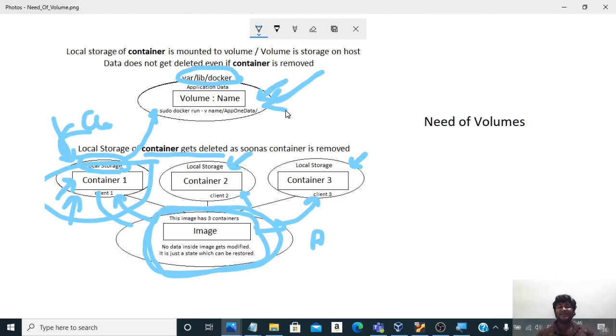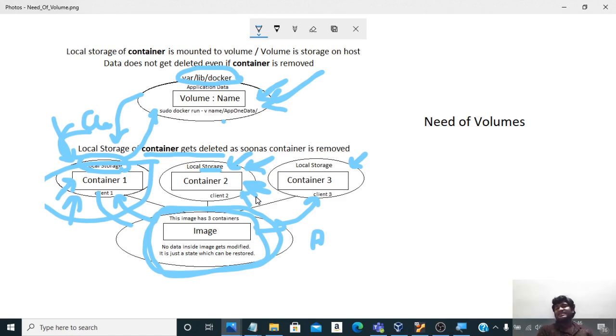We can go ahead and delete them, and we just need to mount it and we get our data in the application, right? In a similar way, we can have different volumes for different clients, and they can mount their local storage into this volume, and even if they remove the container, the data remains available. So this is the reason why volumes are required majorly. Second, volumes can be used for sharing data between different containers. Anyhow, that is not a real life scenario. If you have containers within a single host, you can do this, but this is not used.